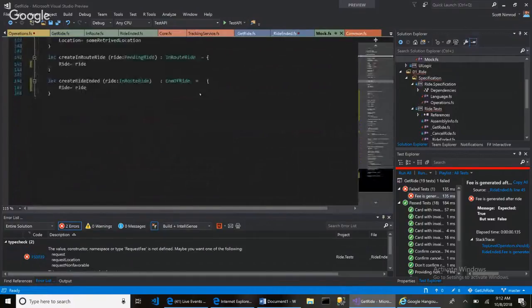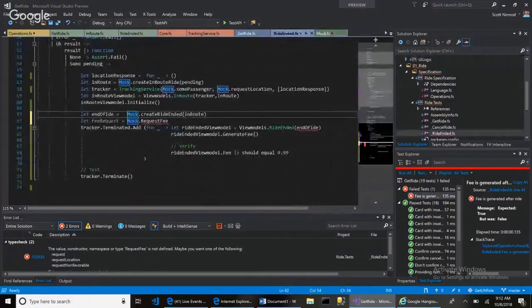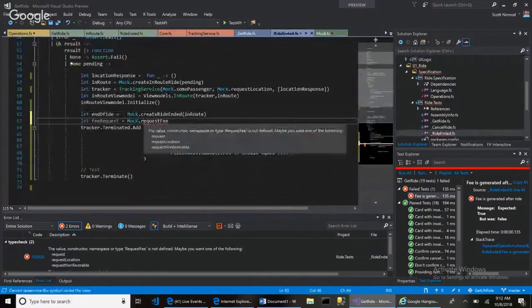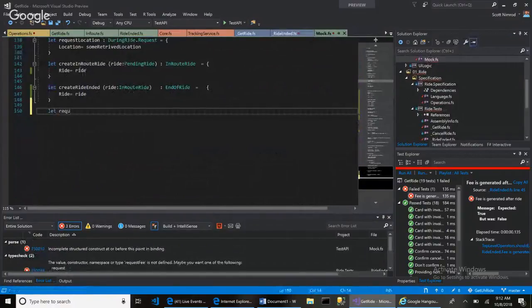I'll just scroll all the way to the bottom. Let's say, and that needs to be lowercase. Okay. So then I'll go over here and I say let request fee. Actually, you could just say this request fee, and then it's going to be a request fee